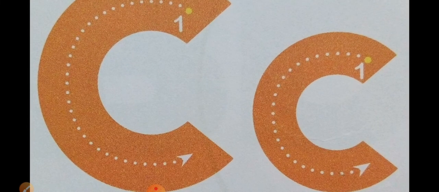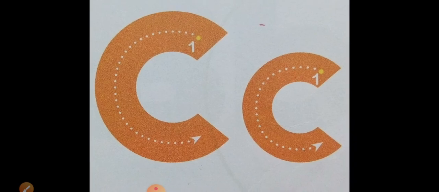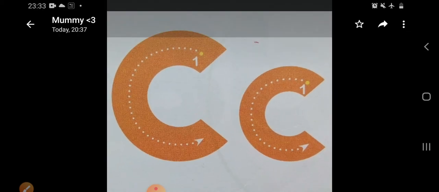So children, after doing the practice of letter I, we will trace the letters. Yes, you just do the practice by tracing the letter with the help of your fingers. And those children who have not done the work, they can also join these dots and make a different letter. So which letter is this? This is C, K. Capital C and small c. C, K, cap. Yes, C, K, cup. Okay.